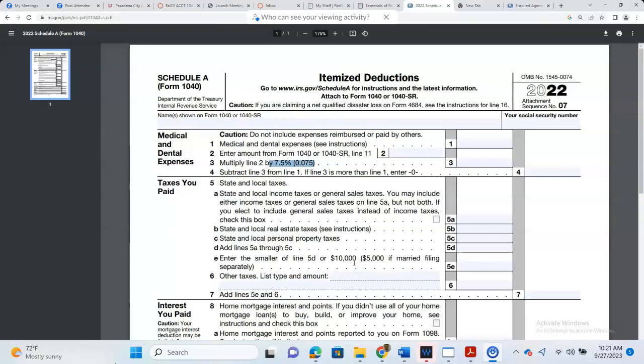Before that, it didn't exist in 2017, let's say, or 16 or 15, that was not there. So since 2018, after the Tax Cuts and Jobs Act, they came up with that 10,000, which hurts states like California,